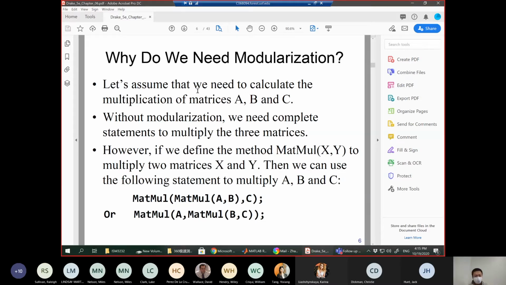Why do I use a matrix as an example? Because when you do data analytics, most data files are in CSV or Excel format. If you have a data file in Excel, it's a matrix. The input is a matrix. So when you want to multiply the matrices A, B, and C, 3 different matrices,